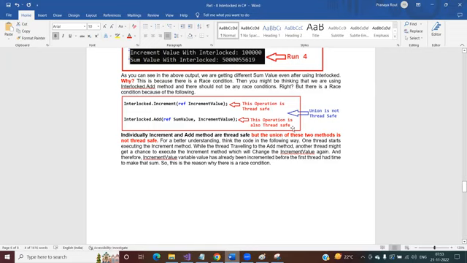This operation is also thread safe, but combining them is not thread safe. Why? Once this operation is performed and it moves to the next operation, in between this moving time, multiple other threads might execute this statement, which might increase this increment value variable. And if this variable value is incremented, then you will get a different output. So individually the increment and add methods are thread safe, but the union of these two methods is not thread safe. Clear,